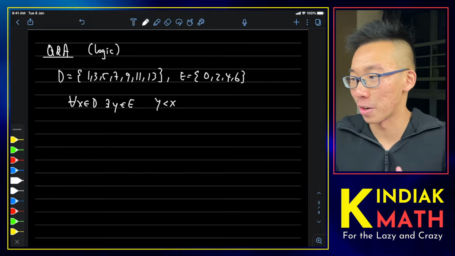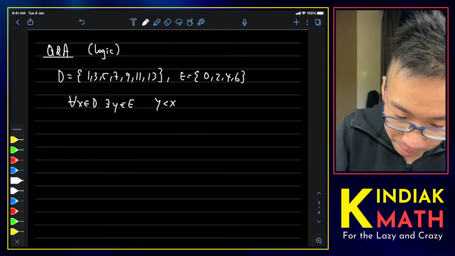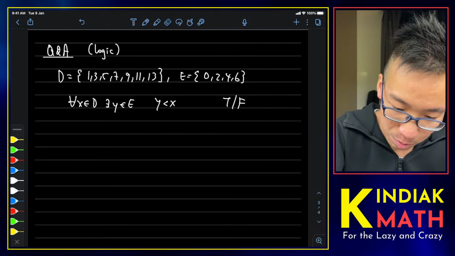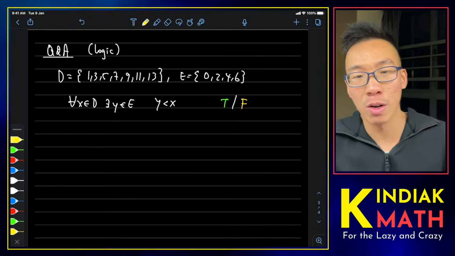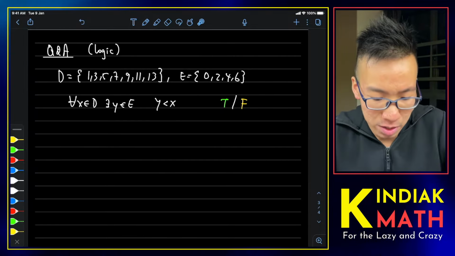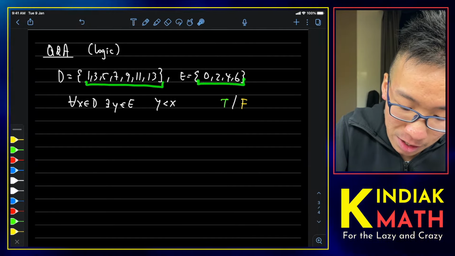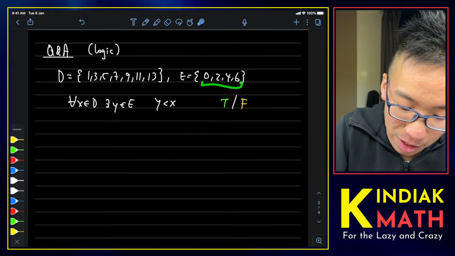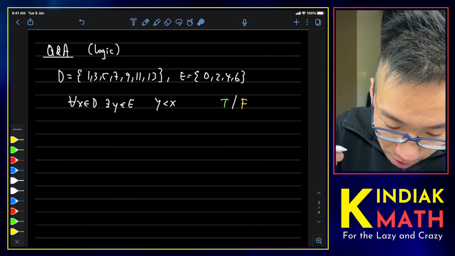I'm not going to solve the entire question. I did it somewhere else. But let's just say, is this true or false? That's the question, right? Well, from the onset, it may not be so obvious. But what is this question telling us? Well, for any item in here, you can find an item in here such that the item in here is smaller than the item in here. It makes sense, because if you think about it,